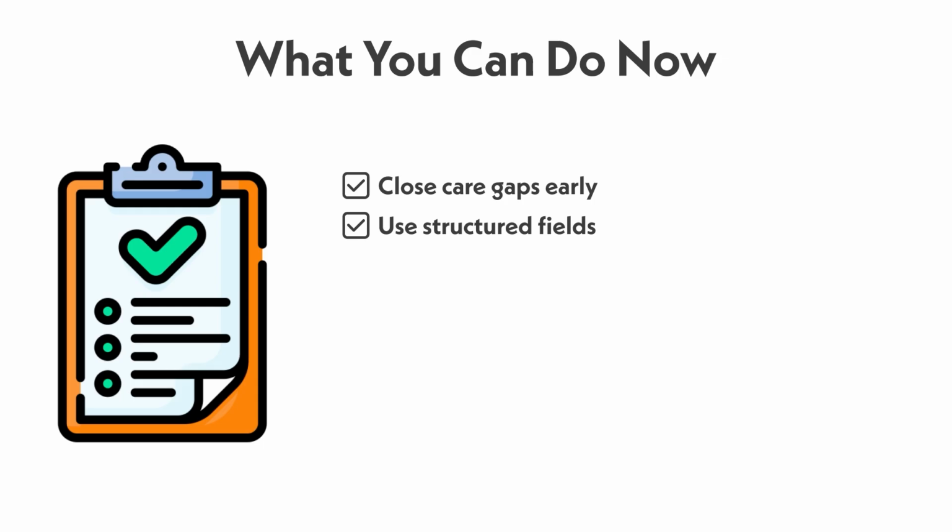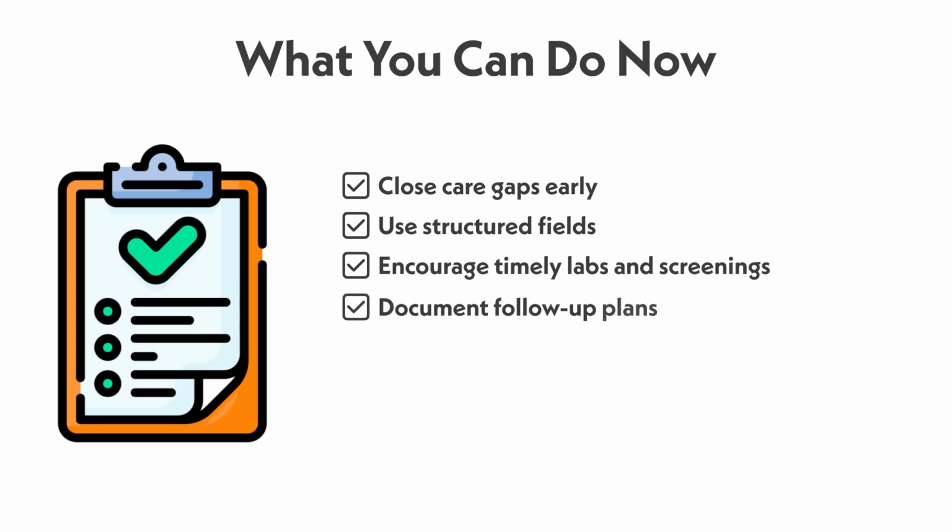The goal is to capture the key elements, like blood pressure values, screening completion dates, and lab results, in discrete fields so they count. Third, encourage timely labs and screenings. Measures like diabetes control are impacted not only by the value, but also by whether the lab is completed and recorded. Missing results count against performance in inverse measures. Fourth, document follow-up plans. This is especially important for depression screening. CMS includes timing rules and numerator logic that require follow-up to be clearly documented, and that specification is refined for